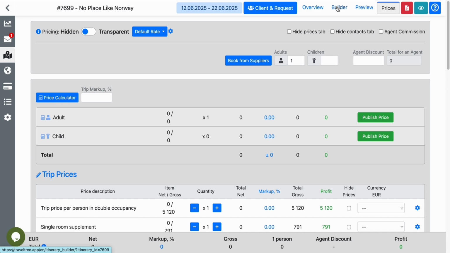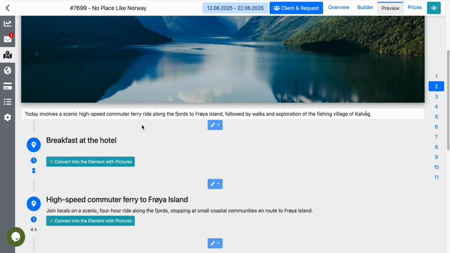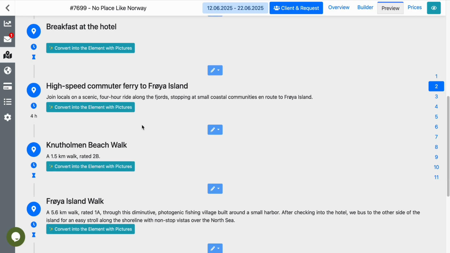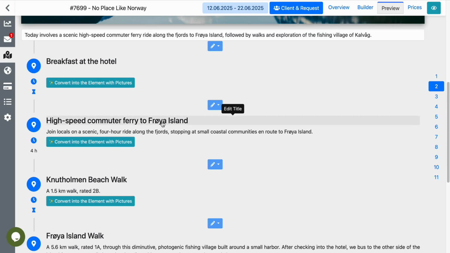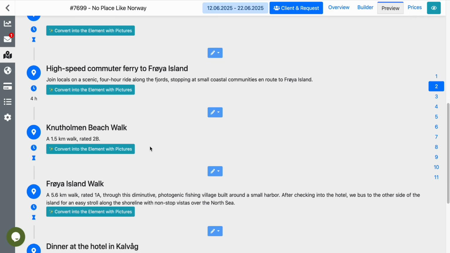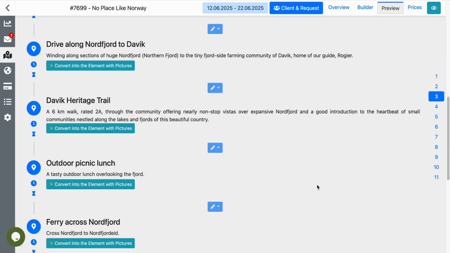What else can you do now with our new cool features? If you go, for example, into any day and you see that there are no pictures for some places, but you want to add those pictures fast, you can also do it. You'll be able to select pictures from free photo stocks. I know that there probably will be no pictures in the photo stocks for some small islands in Norway, so let's select something which is more popular,